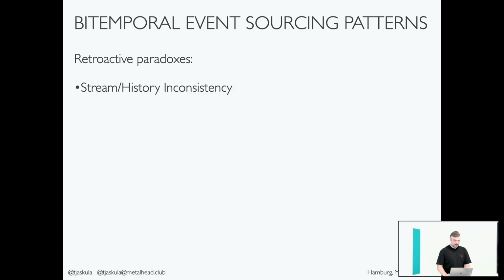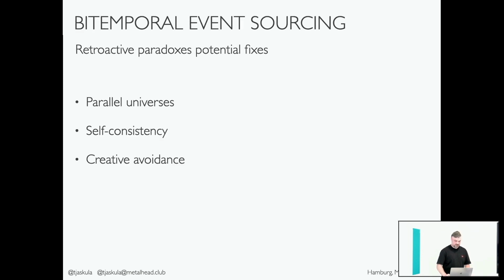But there are also retroactive paradoxes. So you can have stream history inconsistencies, causality violations. Let's say you have a simple example of a grandfather, a son and a grandson. If a grandson goes to the past and kills his grandfather, does it mean that he should never have existed? So that's why you can have this kind of inconsistencies, causal loops. There are other examples, but